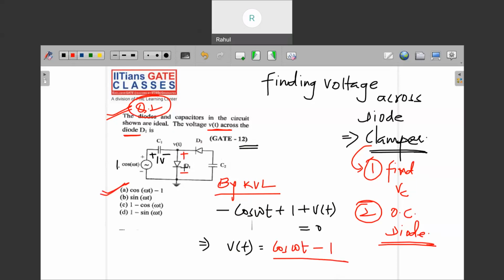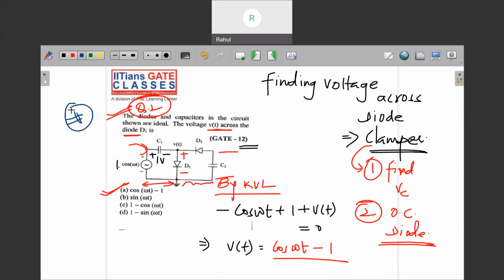If you want to talk about this circuit, this part of the circuit, if you are measuring voltage across the diode, then this part is known as the clamper circuit. And if you're trying to find the voltage across this capacitance, suppose someone asks what is the voltage across this capacitance, then this part of the circuit will be the peak detector circuit. And combining the two, you might get a voltage doubler. So please, identification is very important. I hope this